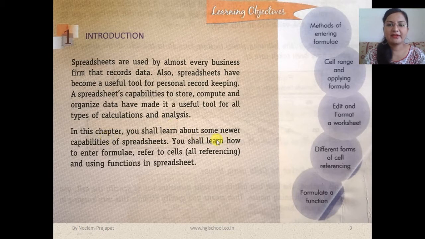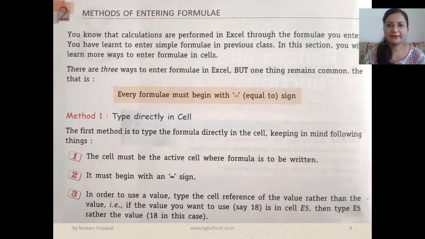Here we will learn some new capabilities of spreadsheets, and we will learn to enter formulae. For calculations, formulas are used, so we will learn to use those formulas. Then how to refer to a particular cell, that means we will study all types of referencing, and using functions in a spreadsheet. Spreadsheets have some inbuilt functions also, which we will learn.